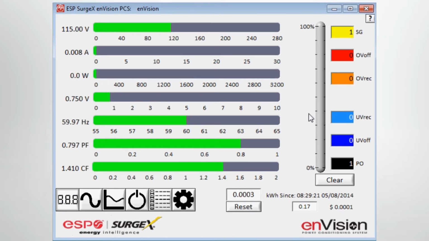And what we're viewing now is the first tab, which is the multimeter tab, which gives you a graphical representation of all the parameters that the unit measures. So for example, at the top we're measuring voltage, and if you hover over the particular parameter, it tells you what that is. This is line neutral AC RMS voltage. The next one is amperage, RMS load current, power in watts, neutral to ground voltage, line frequency, power factor, and